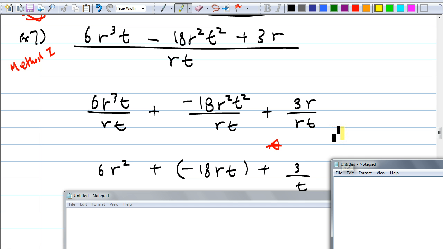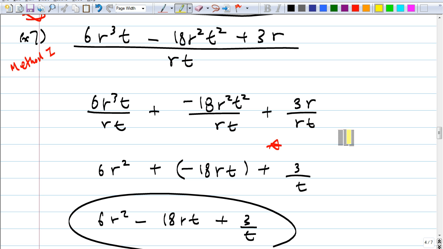Right? Is that okay? Then, of course, I could rewrite this as subtraction, right? Any question? How many of you got this as your answer? Raise your hand. Okay, so with method 1, this is what you get. With method 2, do you think you should get the